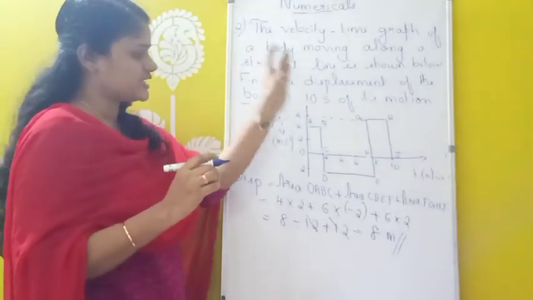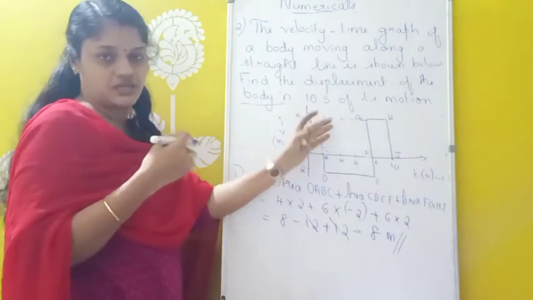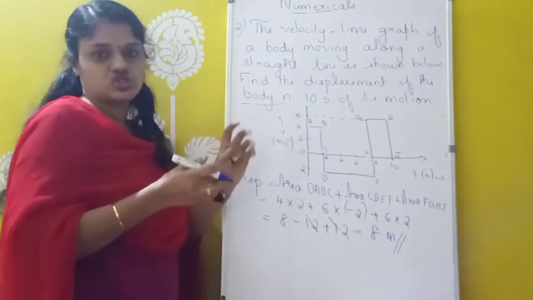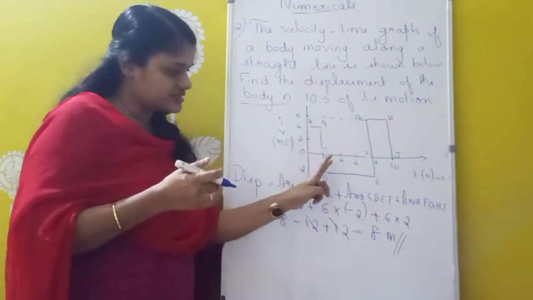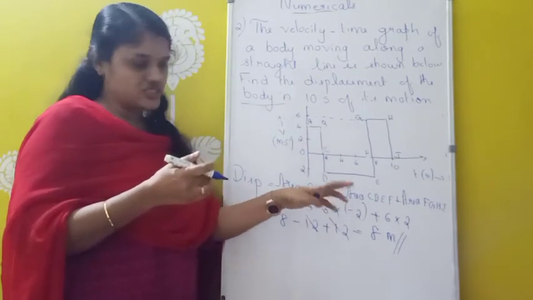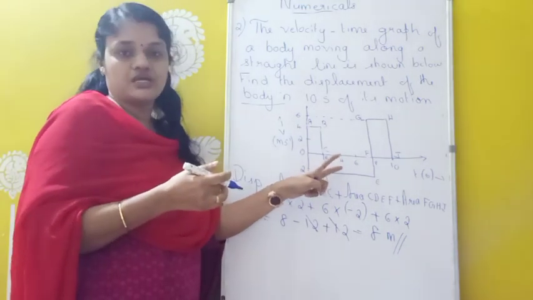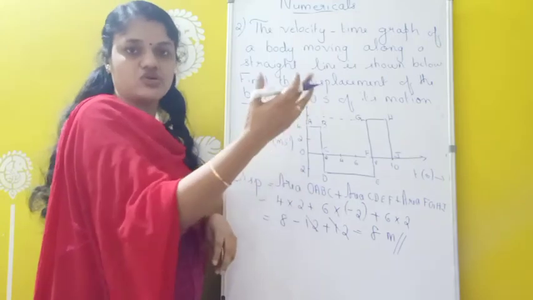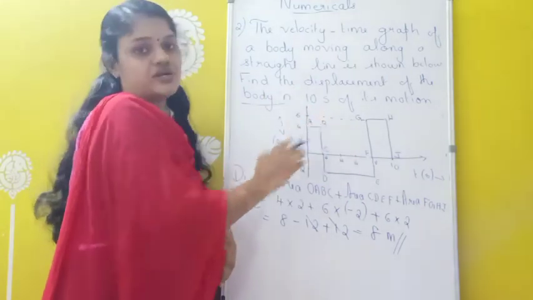So here the velocity time graph is given. From that, what we have to find? We have to find the displacement. And how will you find displacement? Area under the velocity time graph gives which quantity? Displacement. And you have to think about the sign. Whenever the graph comes in the negative direction, we have to take the sign into consideration for finding displacement. Suppose it is distance, you can put plus itself, because you are finding only the distance. But whenever we are finding displacement, you have to take the sign into consideration.